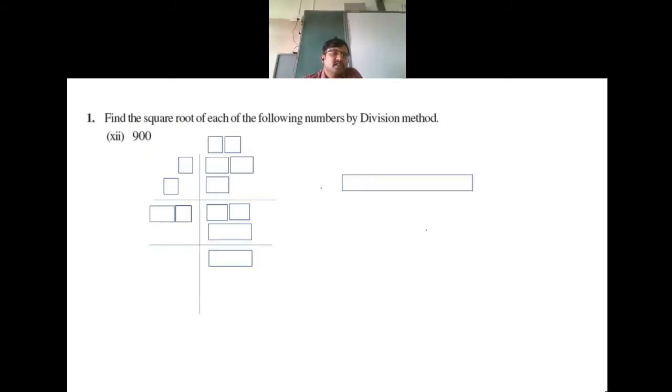This is the last one. The root of 9000. Thirty, sir. Somebody was having doubt how to group it. This time, Rehan Sheikh. Are you there? 0009, sir. One group is 9, another group is 00.